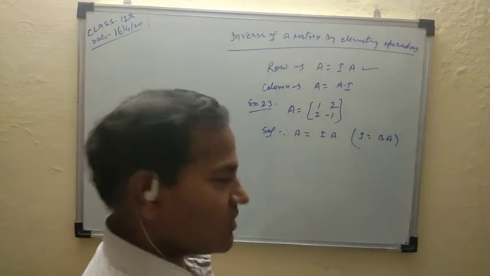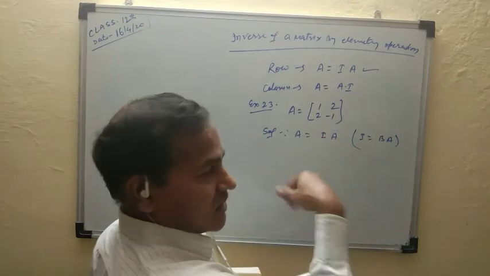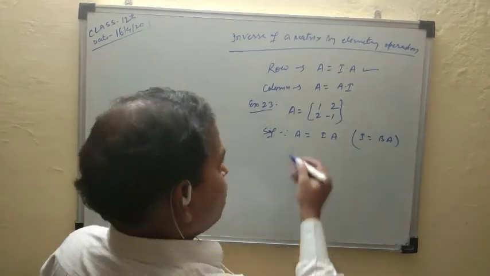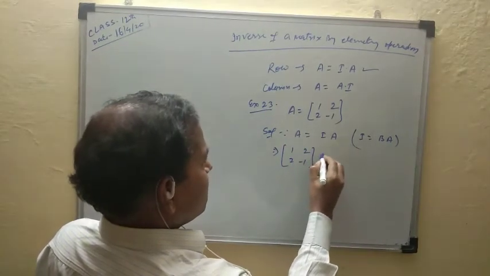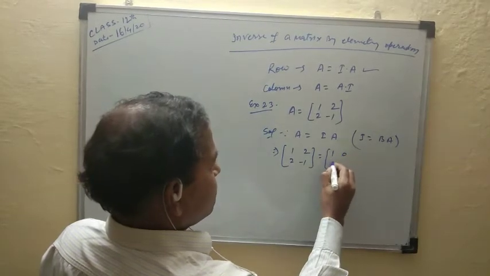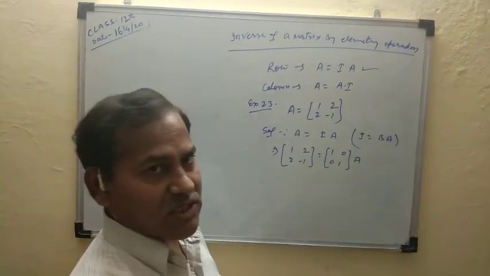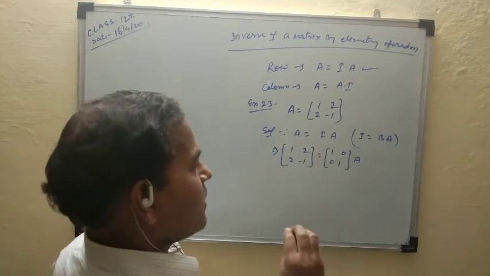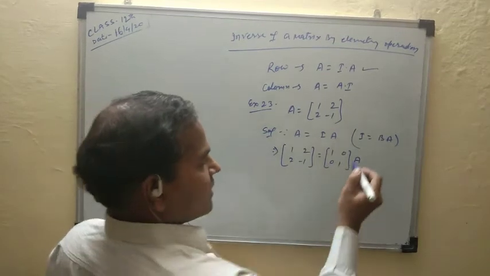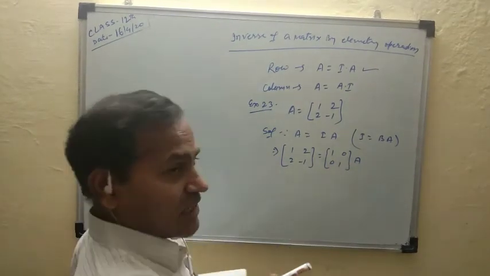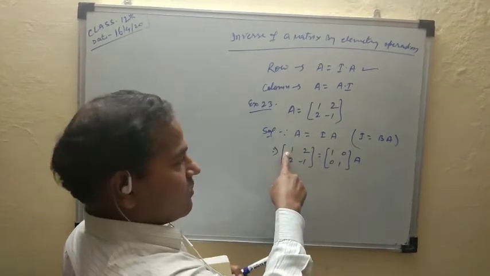Using elementary operations, change this matrix into the identity matrix, then I change the identity into another matrix, suppose B. So put the value A given as 1 2 2 minus 1, and I, that is the identity matrix 1 0 0 1, into A on the right side, because A is the same, not changed on the right side. So put the same value A. This matrix becomes the identity matrix, 1 0 0 1, and the first entry is 1. For the identity matrix the first entry 1 is already given.